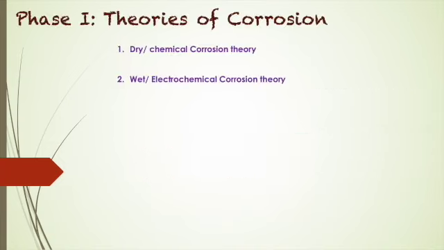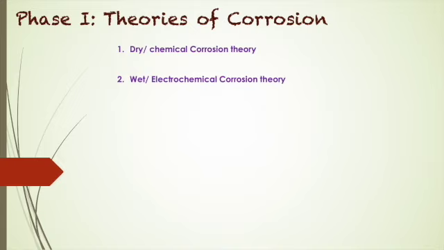Starting with phase 1. In phase 1, we will discuss the theories of corrosion. Now we have two main theories of corrosion that are commonly talked about. Number 1 is the dry or chemical corrosion theory. It is also called the direct chemical attack theory. The second theory of corrosion is the wet or the electrochemical corrosion theory. You can remember the names of these theories as opposites, like dry corrosion theory and the opposite will be the